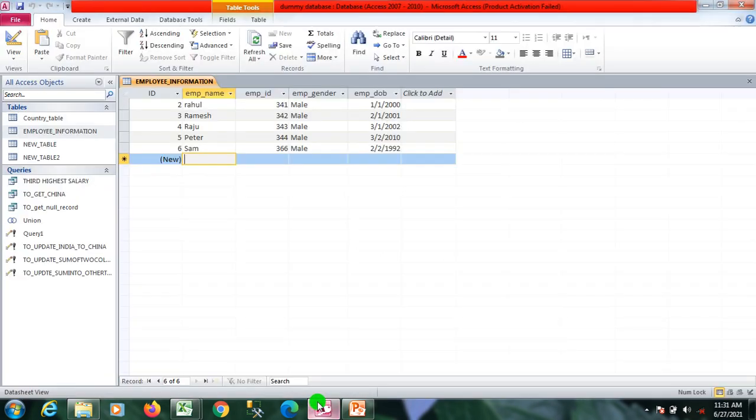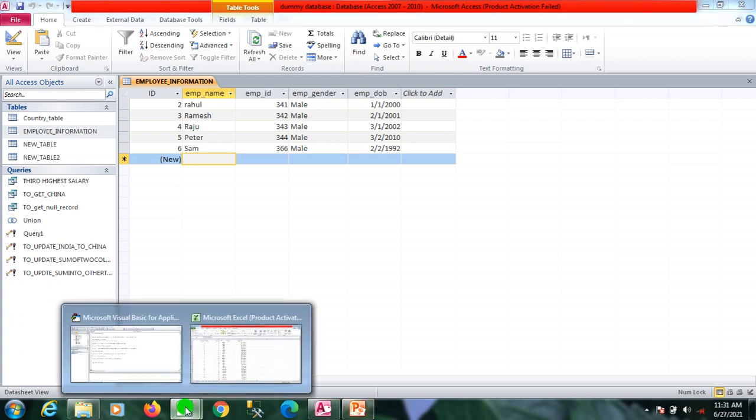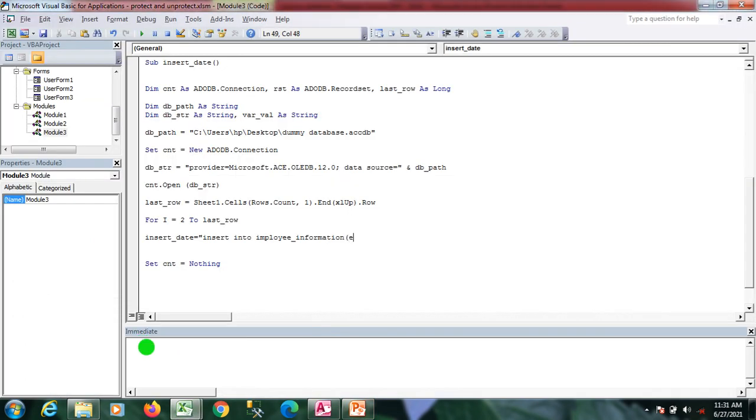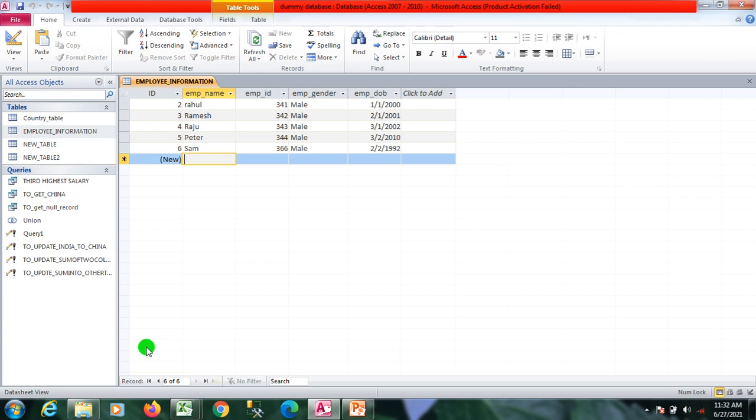I have 4 columns: employee name, employee ID, employee gender, and employee DOB. I'm writing all of them: employee name, employee ID, employee gender, and employee DOB. Alright, I'll just check it out.